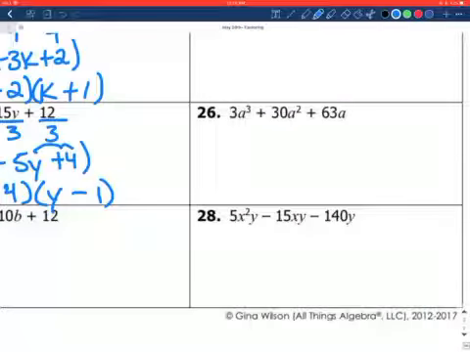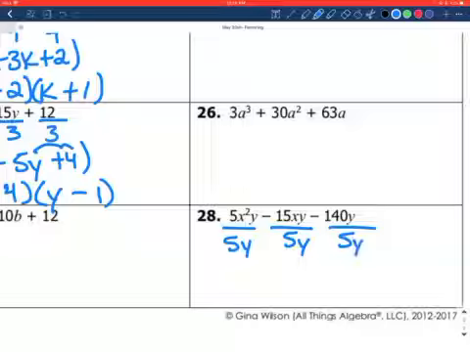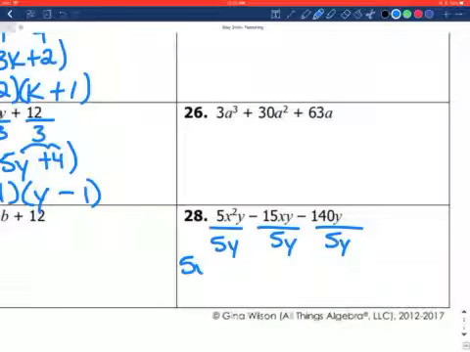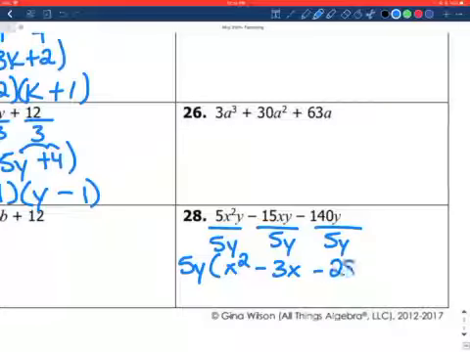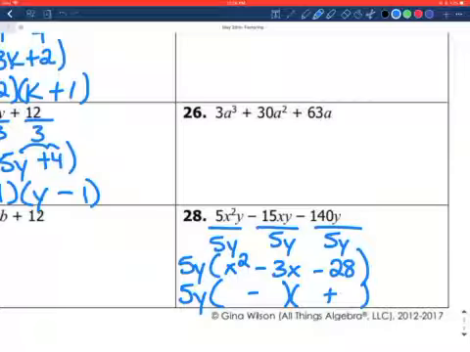I'll do number 28 down here because it has a variable as well. 26 does as well, but the things we can take out here are a 5 and a y. We can't take out an x because not all terms have an x. That last one doesn't have an x. So 5y, that'll leave us with x squared minus 3x, and that should be 28, I believe. Yeah, 28. All right, and then we set up our 2 sets of parentheses, drop your first sign, second sign tells you they are different, and factors of 28 that will subtract to give you